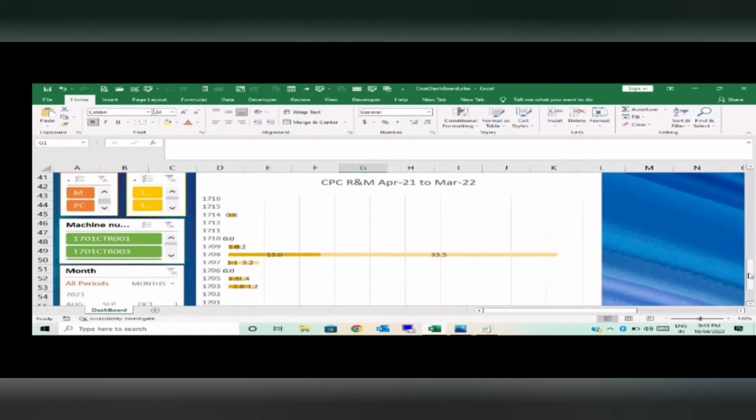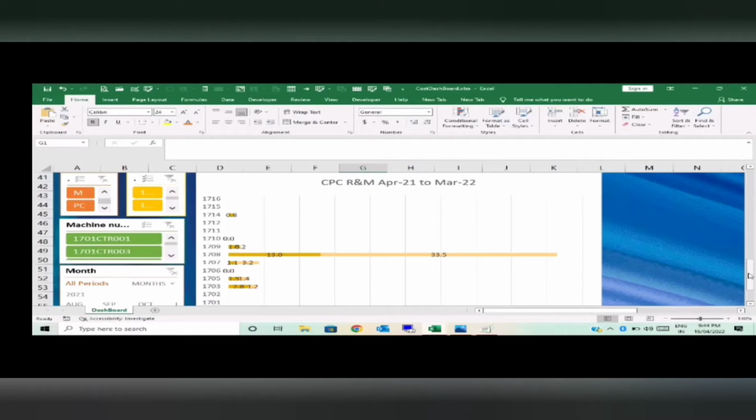See, don't think that if production increased, my profitability increased. I am correcting you, this will never happen. See, if cost per component decreased, then only your profitability increased. Otherwise, it is only that instead of selling 100 units, you are selling 1000 units, and with respect to that, you will get the profit. But it doesn't make any sense that your profitability increased. There are two things: profit and profitability.